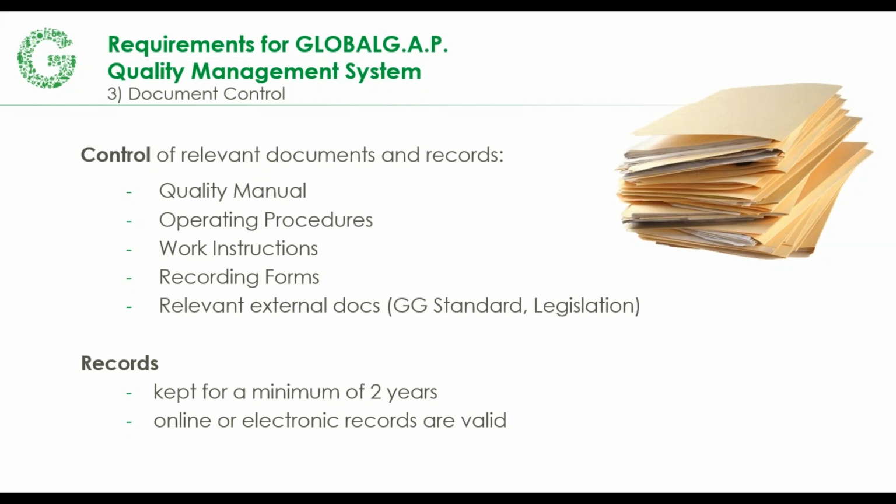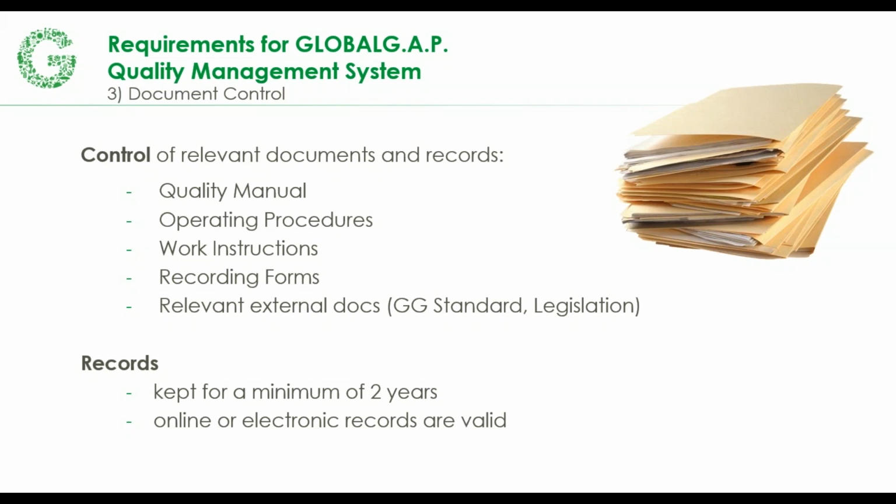Then make sure that records are kept for a minimum of 2 years. Of course, online or electronic records are valid. Be careful here about how things are backed up. There has to be some sort of backup for the QMS to be able to operate at any single time. All of these records and documents need to be detailed enough to demonstrate compliance. They need to be available to the relevant staff and producer group. The documents and the document policy need to be reviewed periodically.